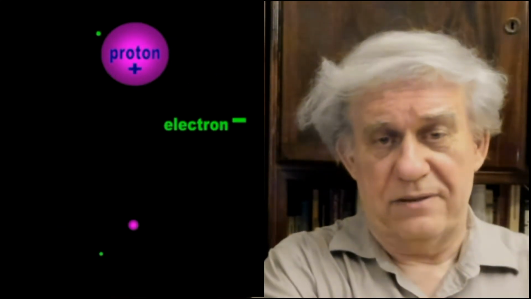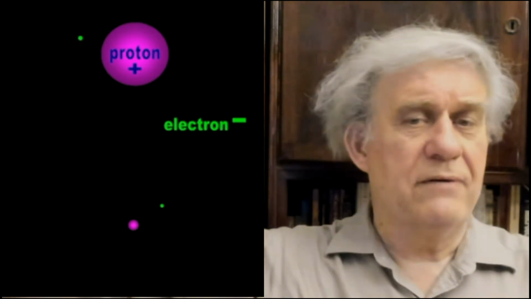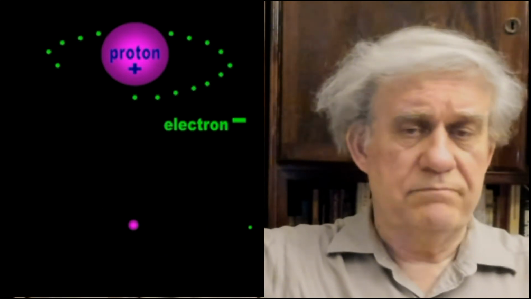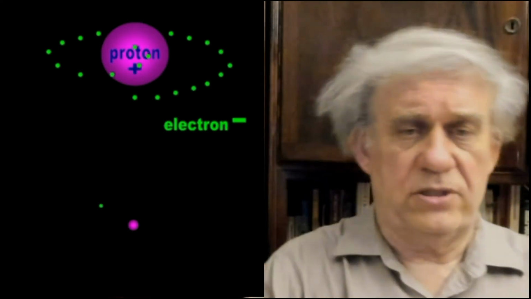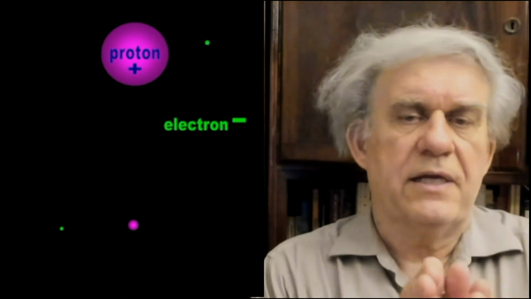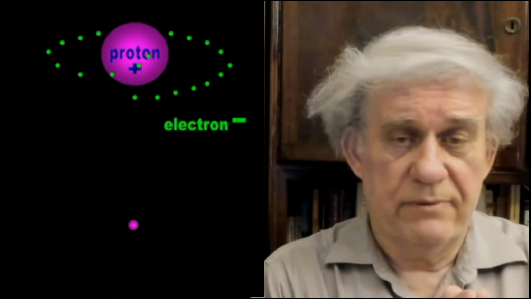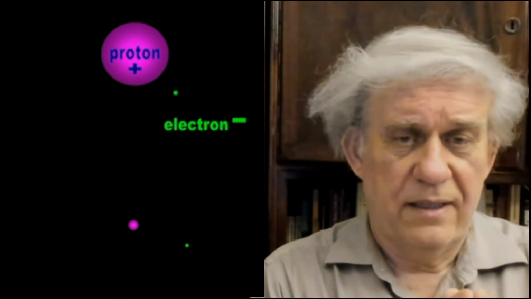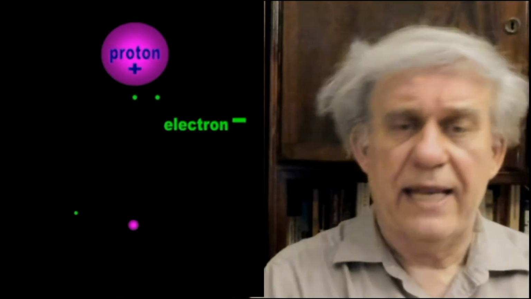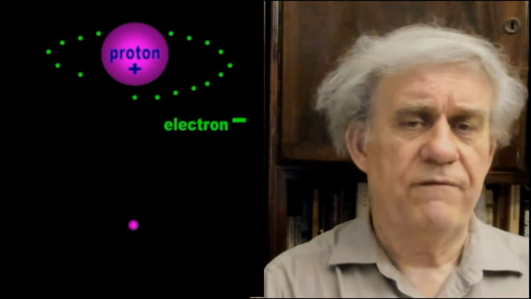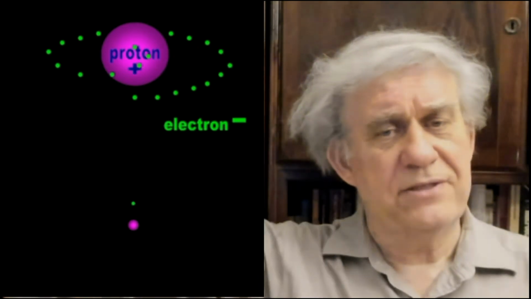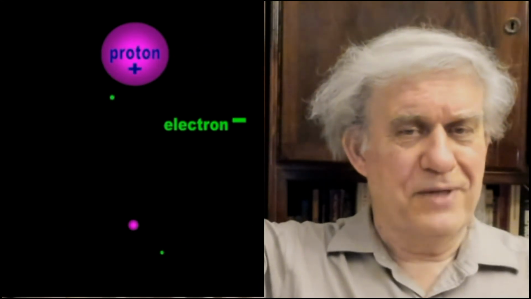Then you have the other issue. Why doesn't the electron go outside of the orbital? Why doesn't it fly away? So you have these two situations. Why does the electron stay within a given band? Energy band, energy gap, whatever you want to call it, I don't care, orbital. Why does it stay in that lane? Why doesn't it go outside the lane, and get an ice cream cone before it continues running?